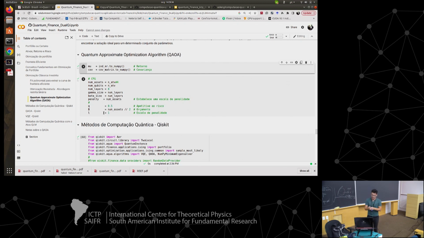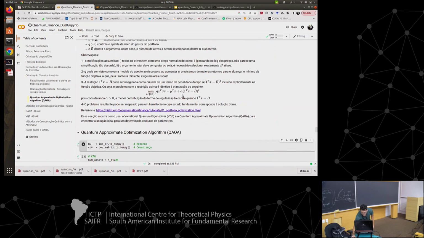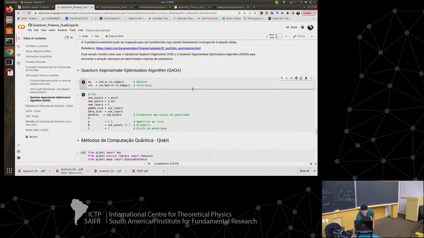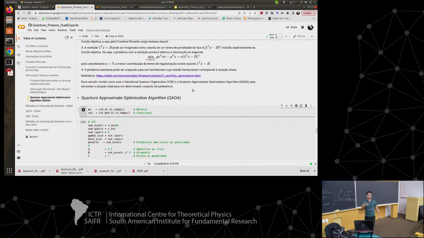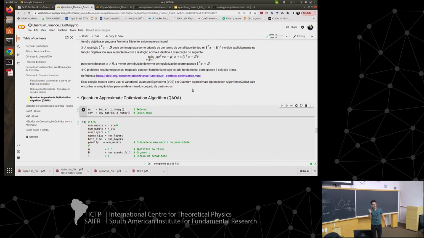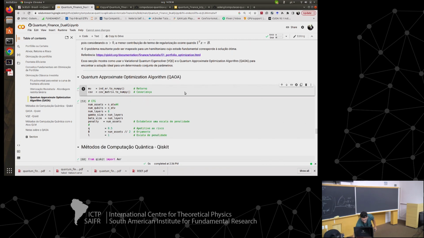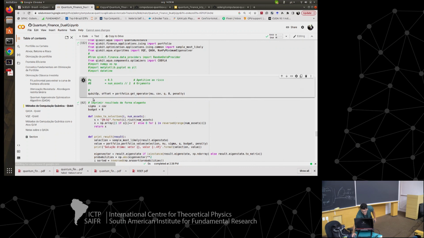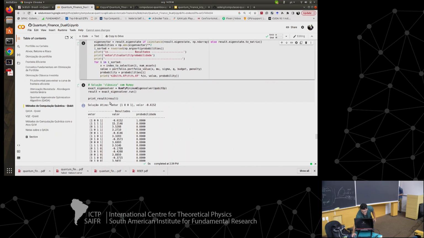And that L here, in fact, I made a lot of confusion, but it's this alpha. Sorry. It's just a regularization term. But it's not going to play a fundamental role, because any time that the number of assets deviates from B, which is 2, then you have a positive penalty. It only changes the scales in the minimal energy. But you probably arrive at the same energy. So let me go on.